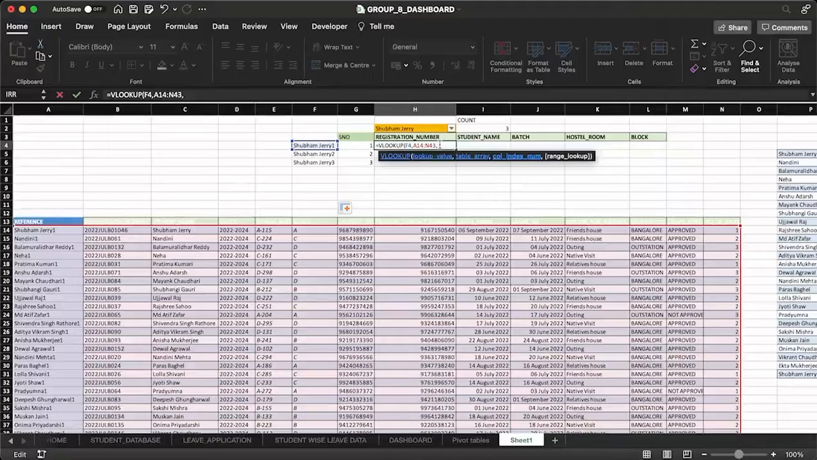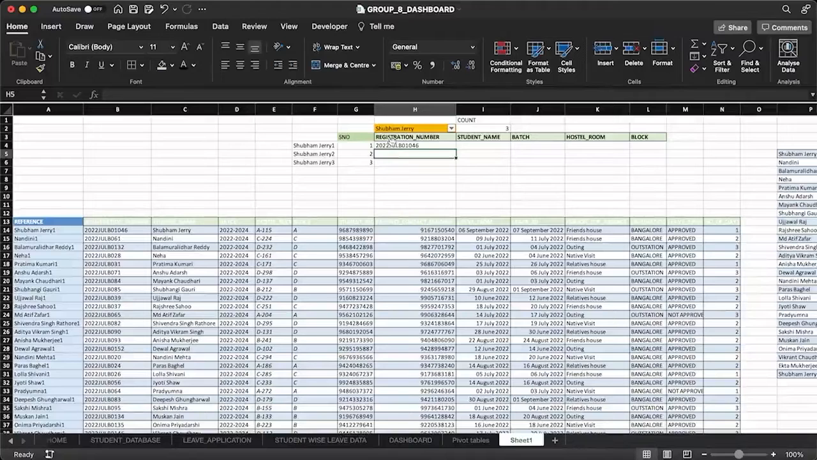My column index number for registration number is 2, so I'm just going to put 2, and range lookup is going to be exact match. Perfect. So it just shows me my registration number. So if I drag this down,